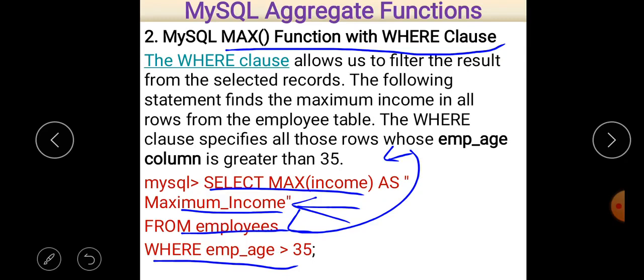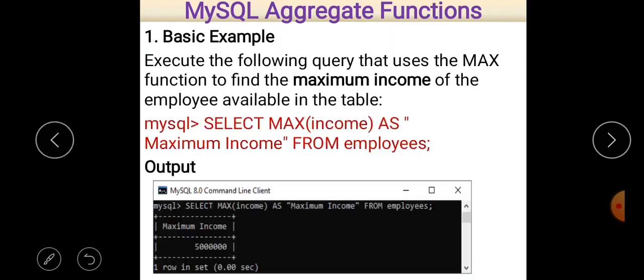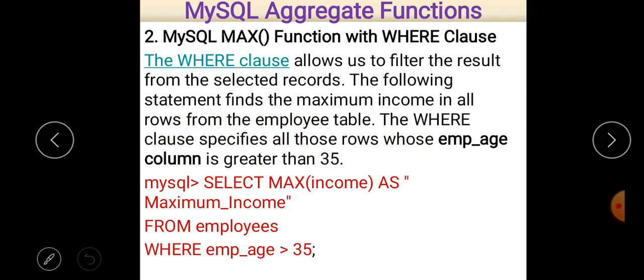And from employees, employees is the name of the table again. After where we specify a condition, employee underscore age is greater than 35. So this will apply to all those employees who have age greater than 35. So here the maximum income is found out of all those employees who have age greater than 35.